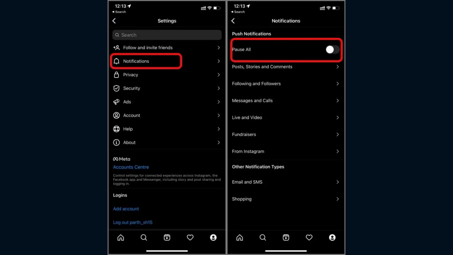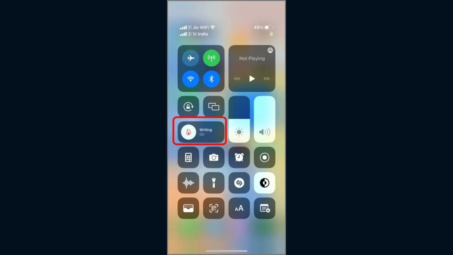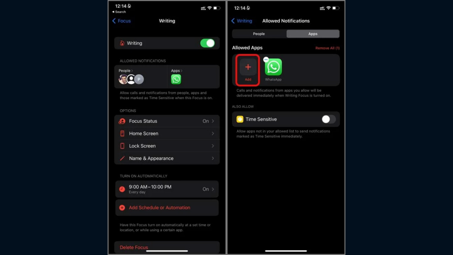Open Instagram, profile, menu, settings, then notifications. Disable pause all toggle. Third, disable focus mode on iPhone. Swipe down and turn off focus mode or go to settings, focus, then focus name, apps, add Instagram to allow